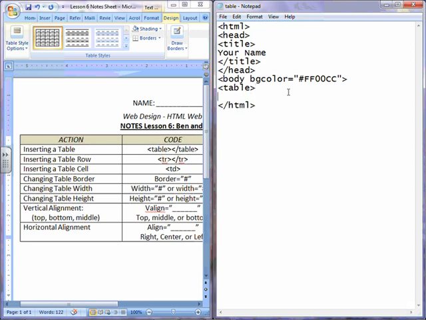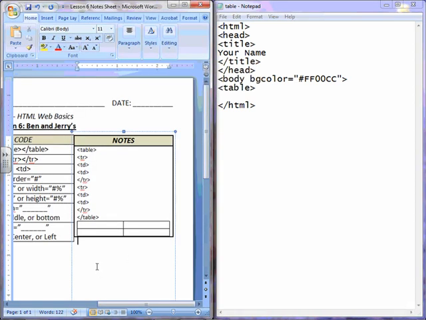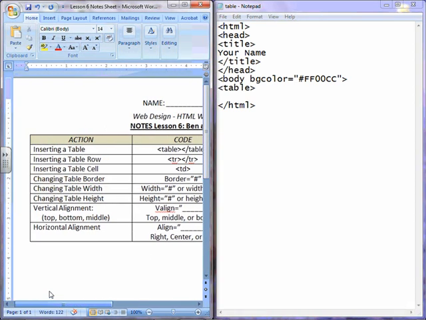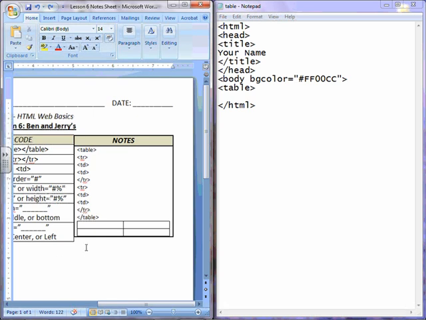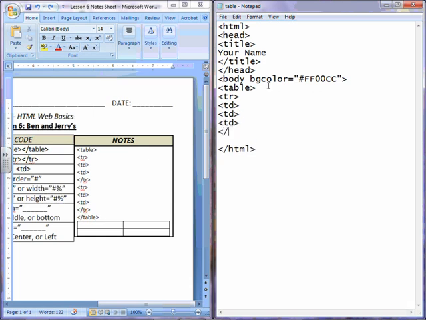We're going to go ahead and do a table that looks like this, and I'll put it over here on my note sheet. We're going to make a table that is three columns and 2 rows. So we're going to have a table row, our table cell, table cell, table cell, close the table row, open a new table row,